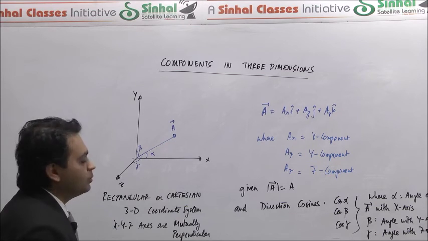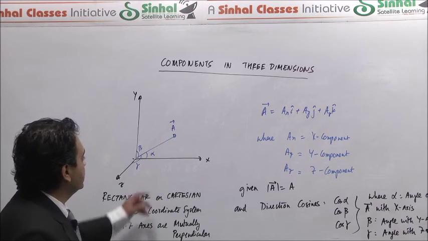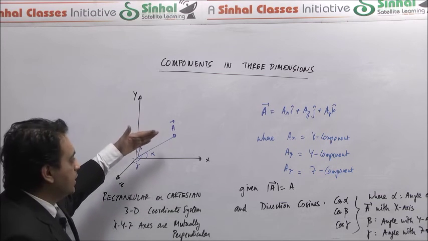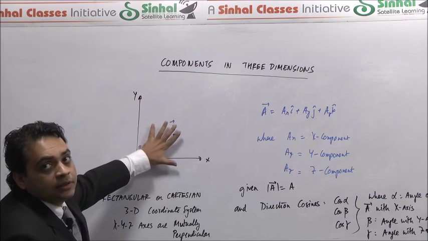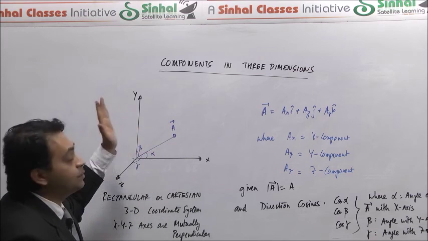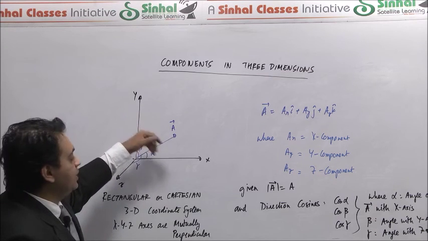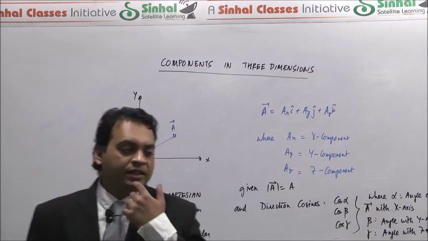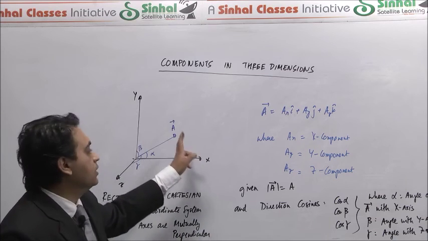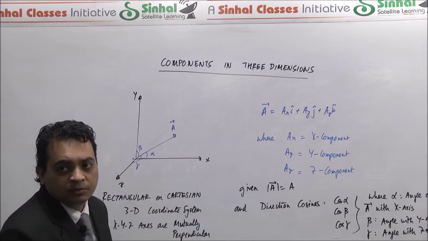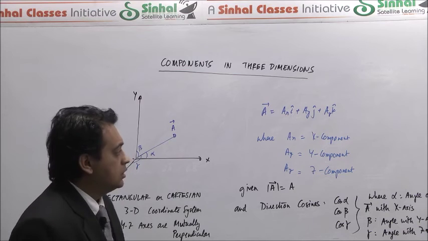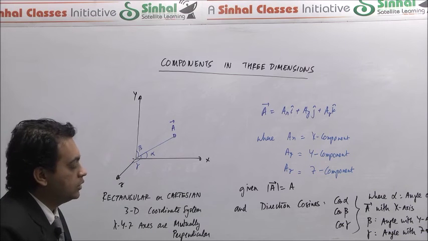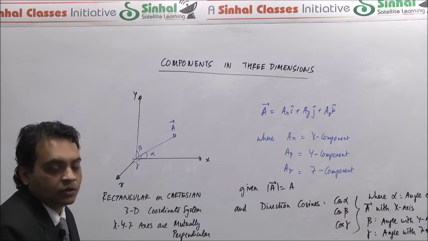But once again, we understand that the components are nothing but projections. So if you visualize this properly in the three-dimensional picture, what you'll understand is that dropping a perpendicular from A onto the x-axis, we get a right angle triangle in an arbitrary plane. That plane is not the xy plane. It is not the xz plane. It is not the yz plane. It's an arbitrary plane. So in that plane, when we look at the projection of vector A on the x-axis, it's nothing but the base of that triangle. The triangle where magnitude of A is the hypotenuse, alpha is the angle, and you're dropping a perpendicular onto the x-axis. So the base of that triangle is nothing but projection of A along the x-axis, and that is what we denote as AX. So trigonometrically speaking, AX becomes A cos alpha, right?